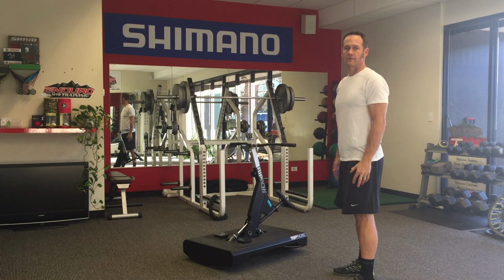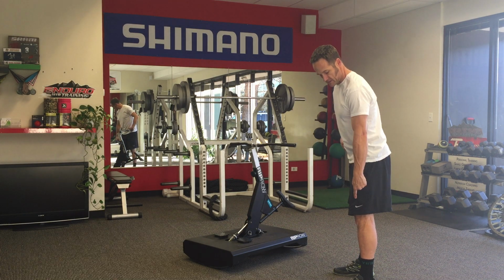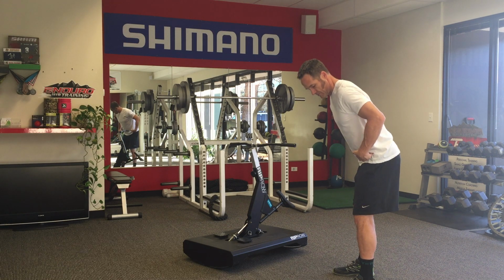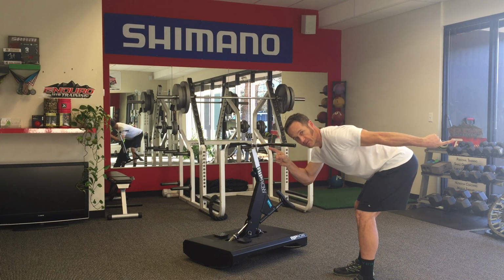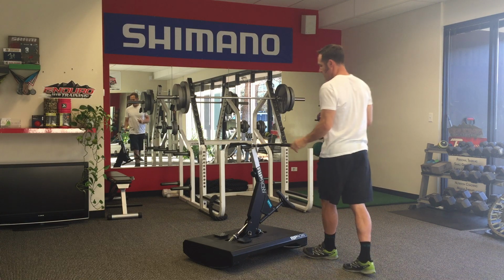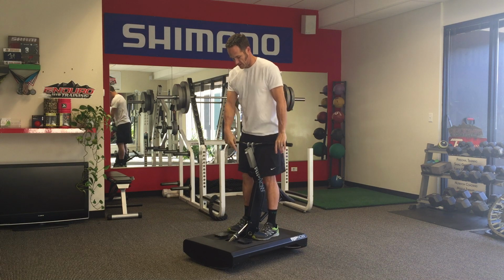If you watch my lower leg, when I do a hip hinge or a Romanian deadlift, my shins stay vertical, but my knees naturally bend because this is going backwards and this is going forward. That's a good hip hinge. Now, you bring in the Rip Row, and that's important because if we go toes in the middle,